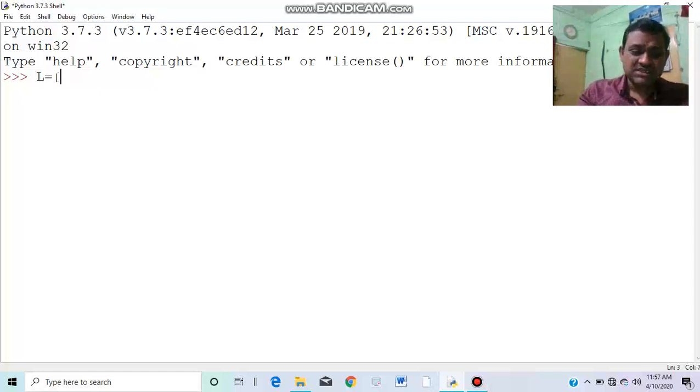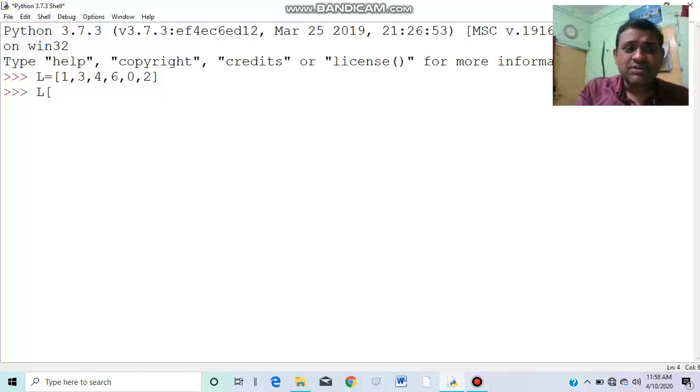So suppose this is the list 1, 3, 4, 6, 0, 3, 2 and so on. Suppose I'm going to discuss the slicing. Look what is happening actually. I'm writing L. You know very well, if we want to extract an element from a list, we have to use this operator, the bracket.